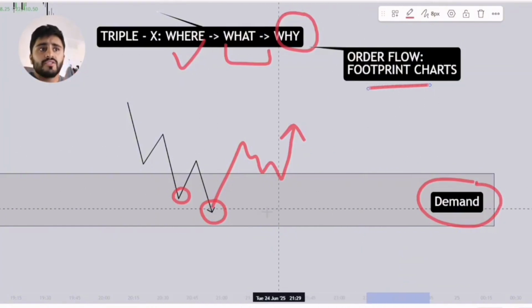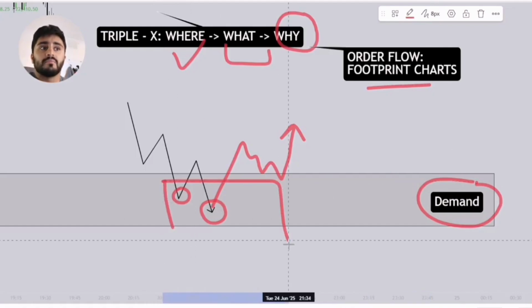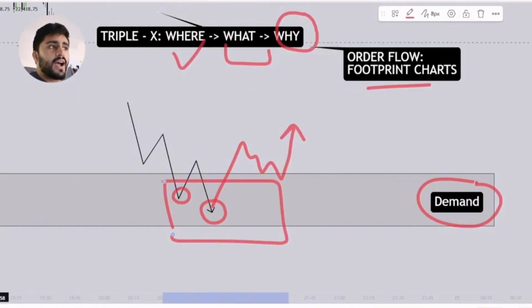So a demand zone holds because there are passive buyers at this level. And so how do you know that there's passive buyers at this level, right? So let's just go back to